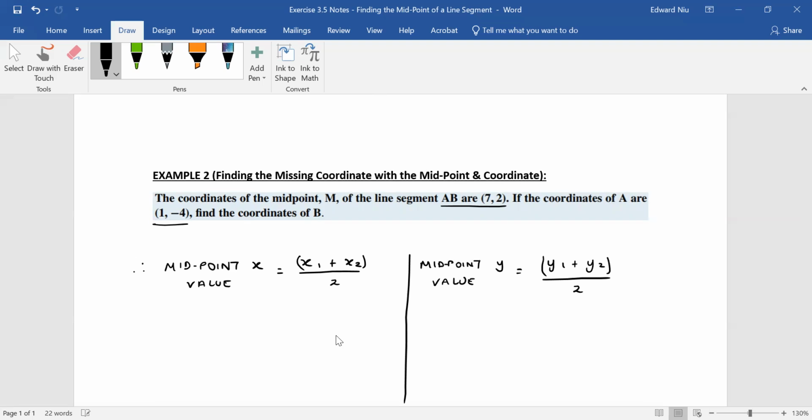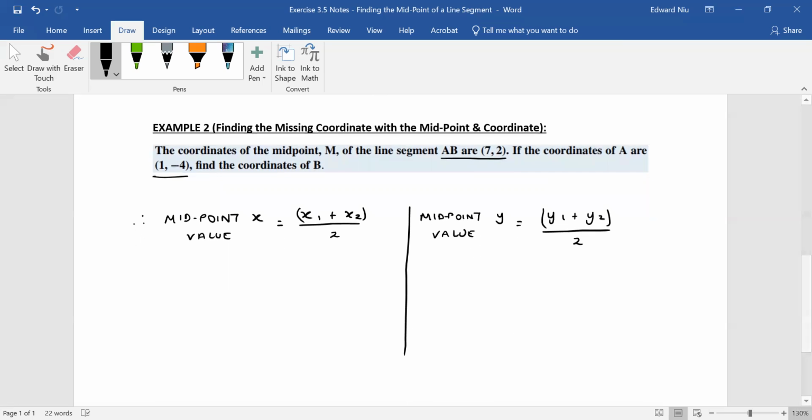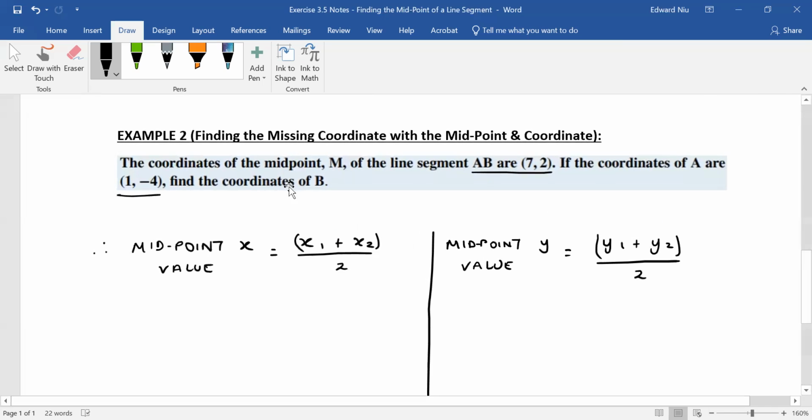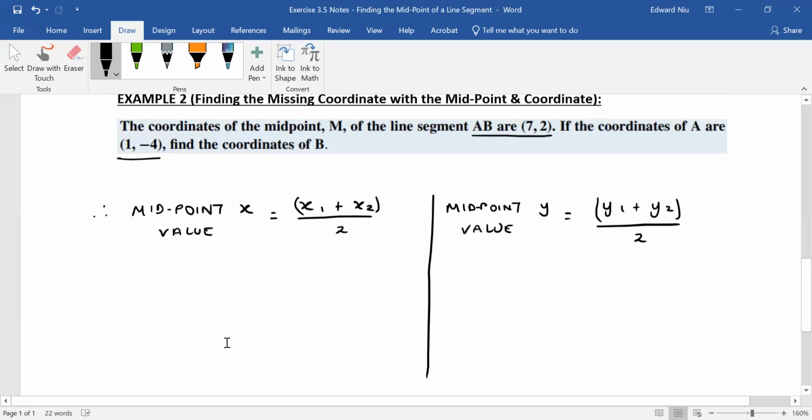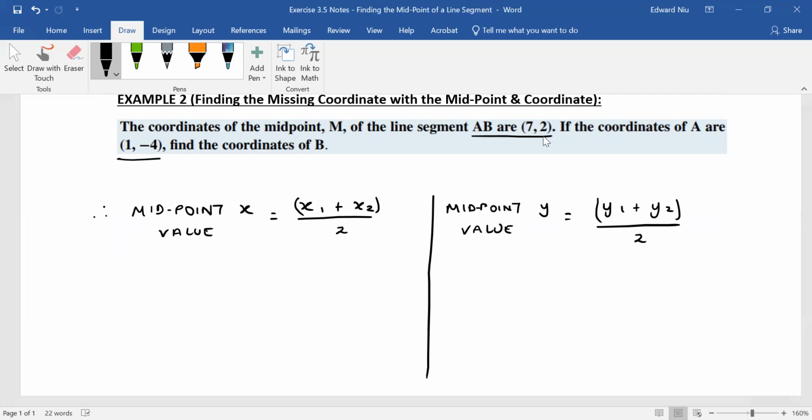I have to play the substitution game to figure out the other coordinate. So previously we had the two coordinates where we could just plug into the brackets to find the midpoint. Now they tell us the midpoint. We know that the midpoint x is 7. We know the midpoint's y value is 2. So therefore we sub in the midpoint x value of 7,